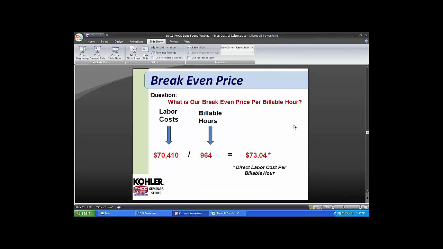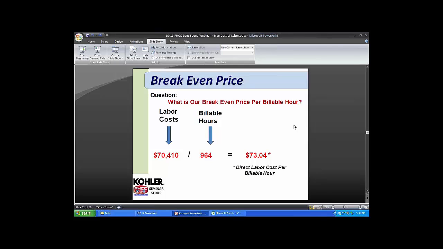Okay, so if you remember a number of slides ago, we took the $25 an hour that we're paying the plumber, and then we had to add in the company employer taxes, Social Security, Medicare, unemployment, workers' comp, and then the benefits, and when we finished, we came up with $33.85. So in annual dollars, to pay a plumber $52,000 a year, which is $25 an hour, it costs the company